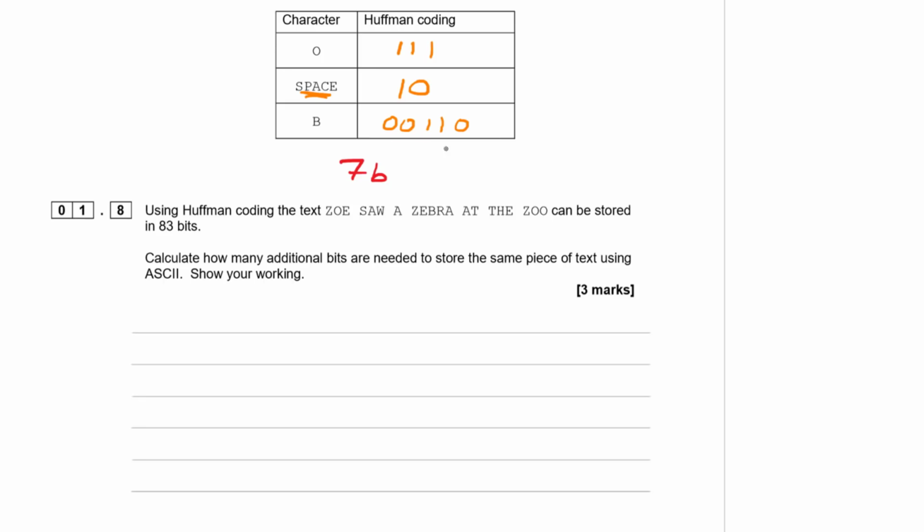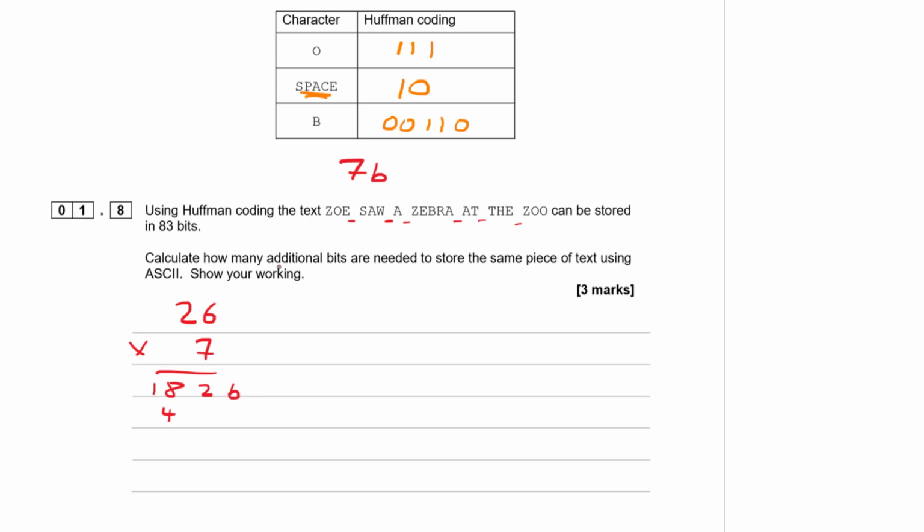Basically you can reduce, all of these are less than 7, so basically we want to work out how many characters are in this. So there's 1, 2, 3, 4, 5, 6, 7, so there are 26 characters in this, and each represented by 7 bits in ASCII, so we multiply them together. 7 times 6 is 42, 7 times 2 is 14, so this is 182 bits in total for uncompressed,